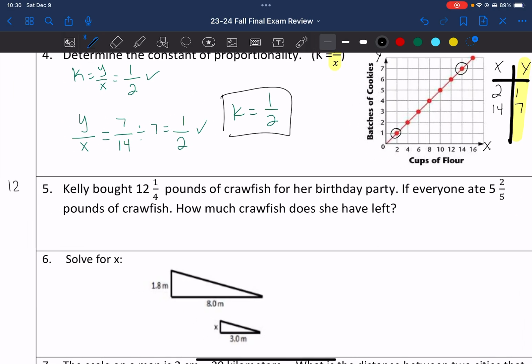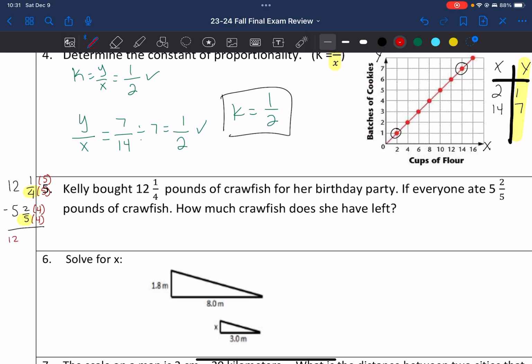So 12 1/4 minus 5 2/5. Okay. If I'm looking at my fractions, I see that I don't have common denominators. I have to make some common denominators. And the common denominator that I see is 20. So I'm going to have to multiply the top and the bottom to make 20. So 4 times 5 is 20. 5 times 4 is 20. So what happens is I'm going to now get